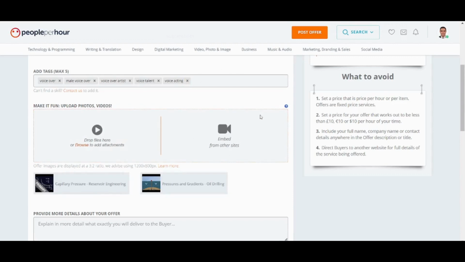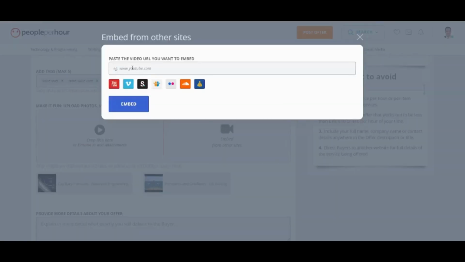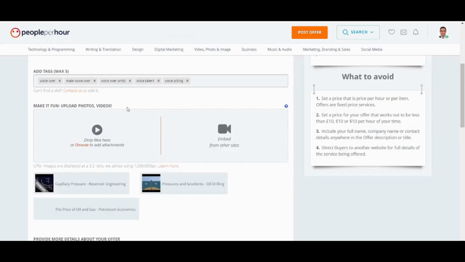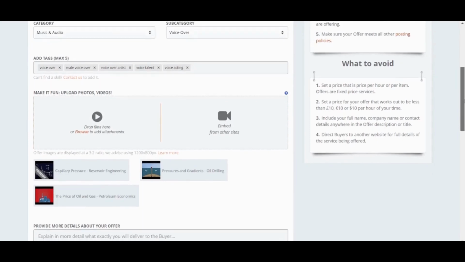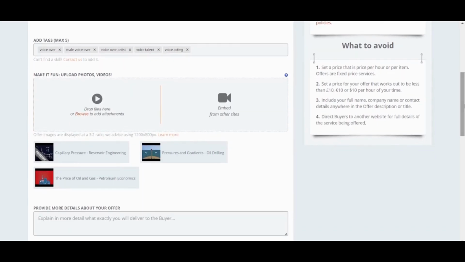So what you need to do is to go to embed from other sites if you are going to use another video from YouTube or from any other URL. So I'm going to click on here and I'm going to paste the link. Then I'm going to press on embed. And voila, it's better than uploading videos because it will take a lot of time, even if it accepted it, because it will require only a specific maximum limit for the size of the document or the file that you are going to upload.